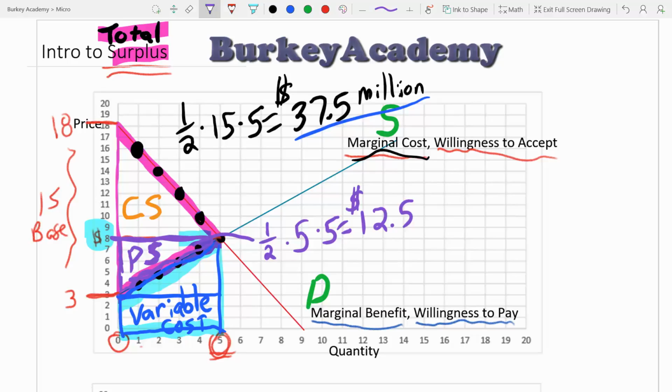Now that producer surplus is not the same thing as profit. It's what the producer gets after they pay their variable costs out of their revenue, but then they still have to, out of this $12.5 million, pay for their fixed costs. Normally we'd think of things like rent. Anything for a business that does not increase as they produce more units. And the consumer surplus is going to have to be the rest of this $37.5 million, but let's calculate it